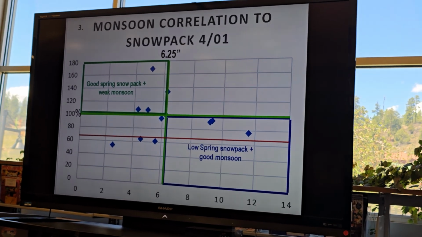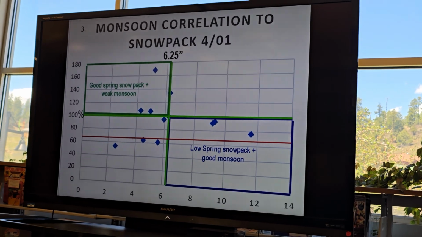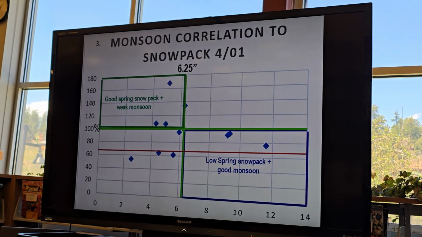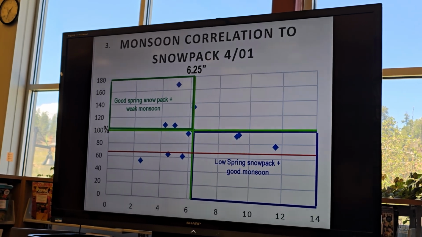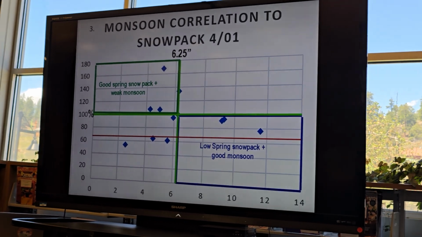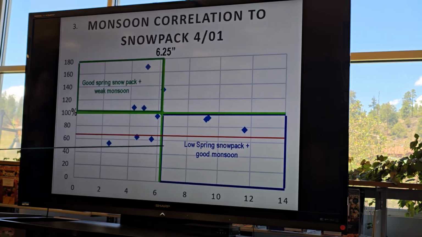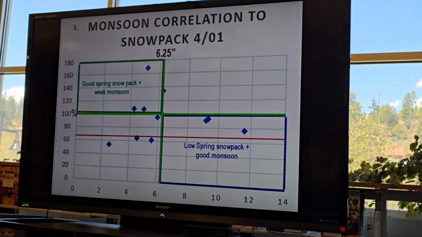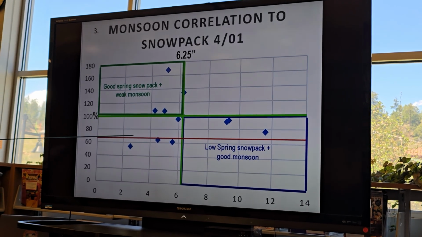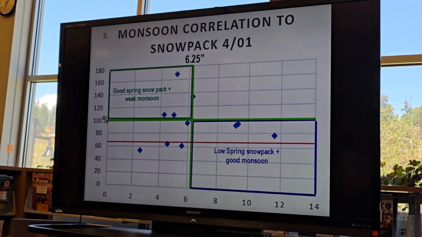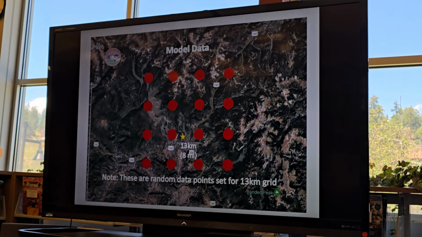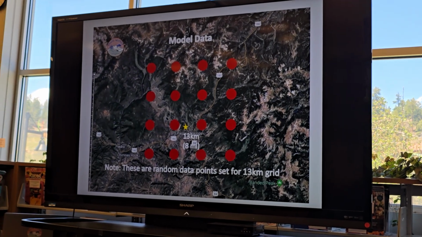So this is a chart that I did specifically for Pagosa using snowpack data up at Wolf Creek, and it does not really show anything definitive. There's really only 3 dots that show up in the low spring snowpack and good monsoon data. The red line is the snowpack of 65% in April. So now we're going to look at model data for all these different